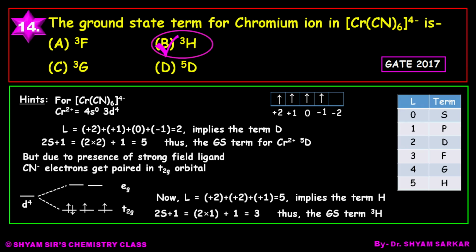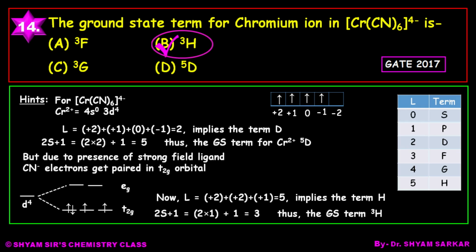So remember very clearly, when it is a free ion, its ground state term symbol will be different from that of the complex, depending upon the ligand, whether this is a strong field or weak field ligand. Okay, next,